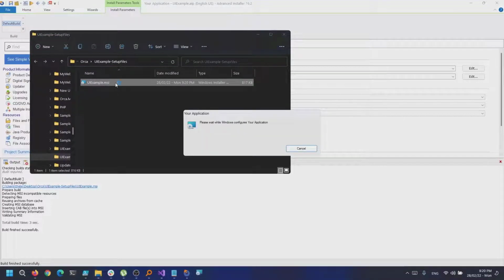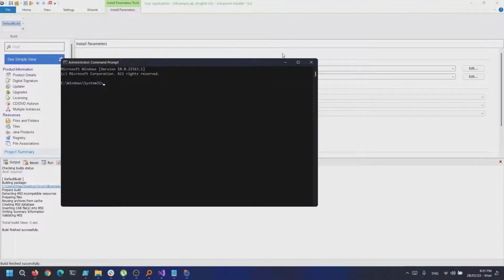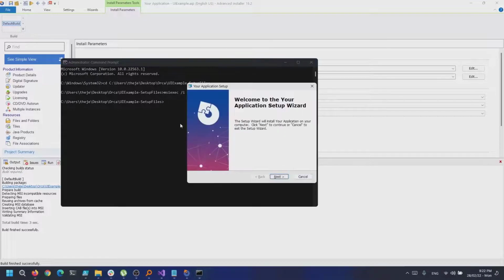If we build the project again and install the MSI, this is how the installer looks when running with basic UI. You can achieve the same result and a fully silent installation by using Windows Installer arguments. So let's open up Command Prompt as an administrator and navigate to the output folder of the MSI. In here we can just run the MSI, and this is the command line for installing an MSI with full